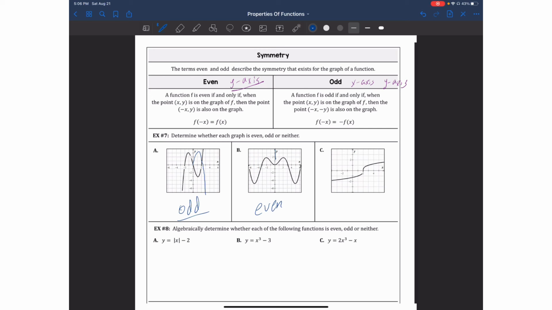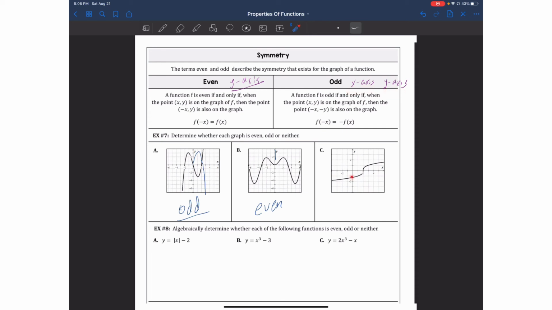And then looking at the last one, again, I can see that this line would be my line of symmetry if it was even. Nothing will overlap because it will look something like that. Right? That one would be over here. And then let's try the trick about taking half of the graph and reflecting it across the x-axis and y-axis